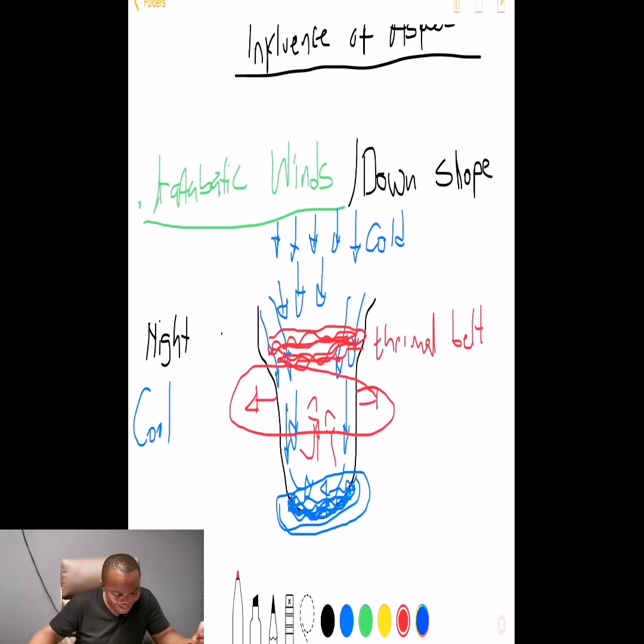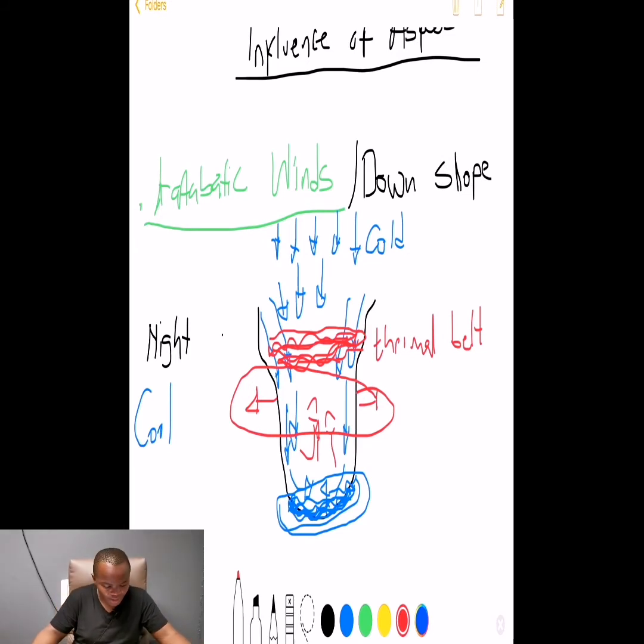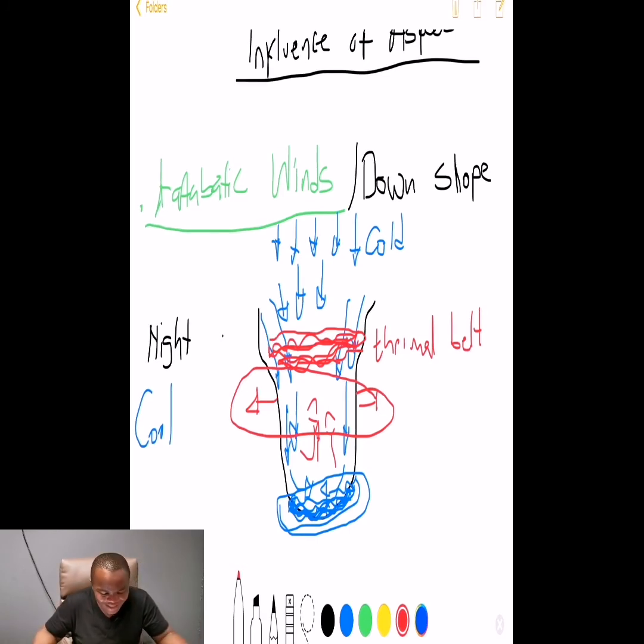And then again, the katabatic winds trap pollutants released by heavy industries within the valley. This is a negative effect of the katabatic winds. They trap the pollutants released at night, and as a result, it forms smog, a mixture of smoke and fog. This smog leads to respiratory problems such as asthma and wheezing.